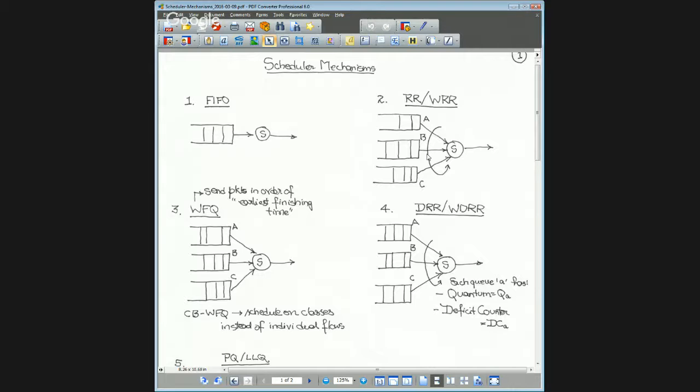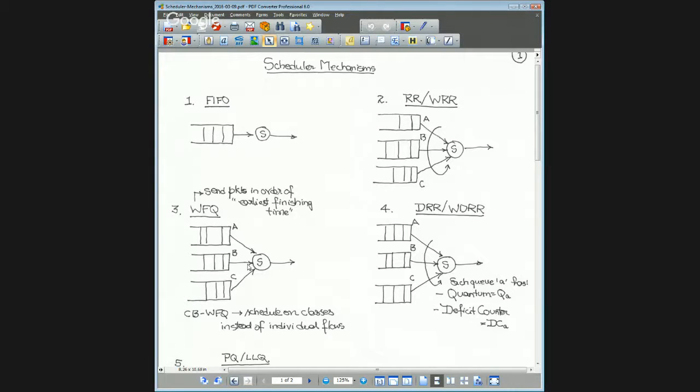The catch in weighted round robin and round robin is that the bandwidth and the weight are coupled. So the higher the weight, the higher the fraction of the outgoing link capacity you get, which may or may not correlate to the importance of the traffic, right? You could have very high priority small packet financial transactions that end up in a queue with a low weight, and there's not much you would be able to do about it. It would be difficult to differentiate those. So to take care of that,